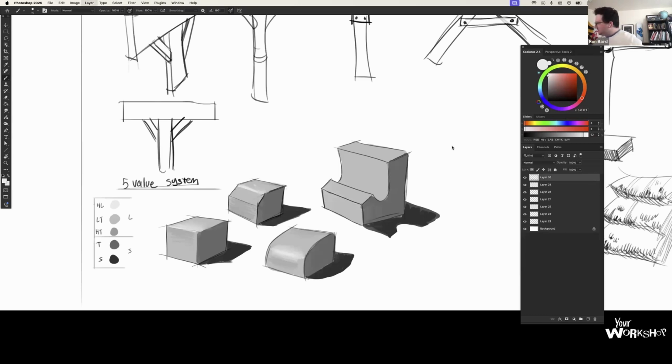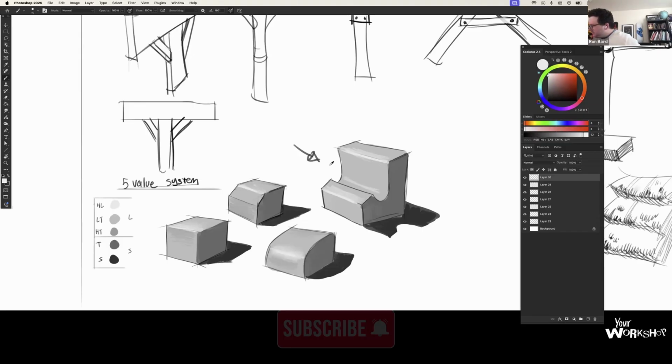Let me go ahead and merge these so I can paint over my lines here. I highlight and bring that back a little bit. There's my highlight. I'm going to soften that as it goes back. And actually, I'll get a highlight right here in the middle